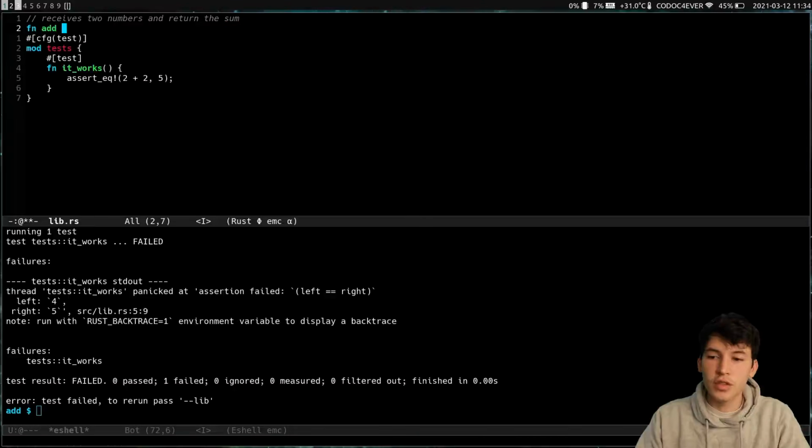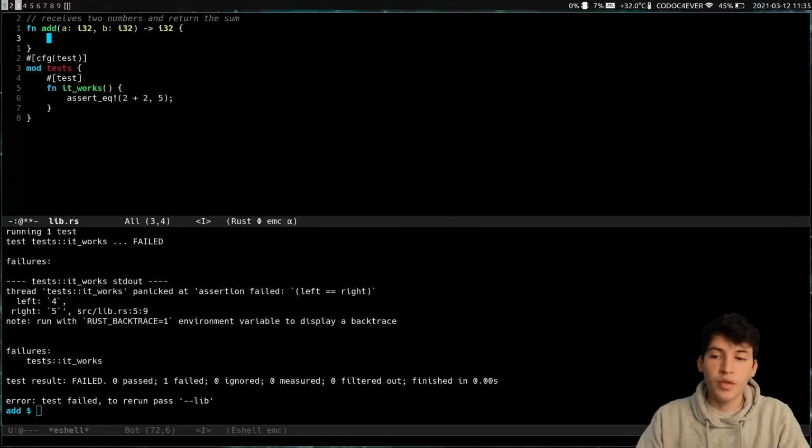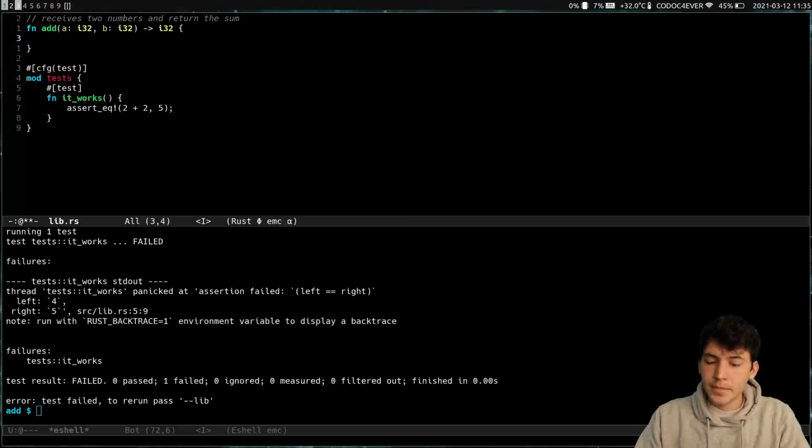So that function is called add and receives 2 numbers, a and b, and returns the sum of those, which are going to be of the same type. Now we return the sum of those.